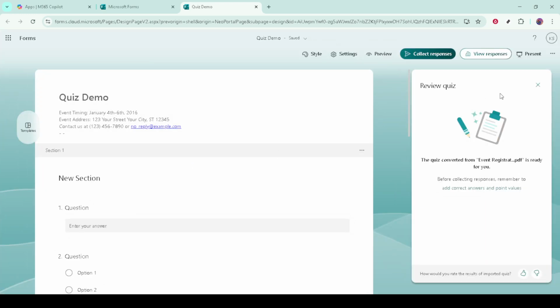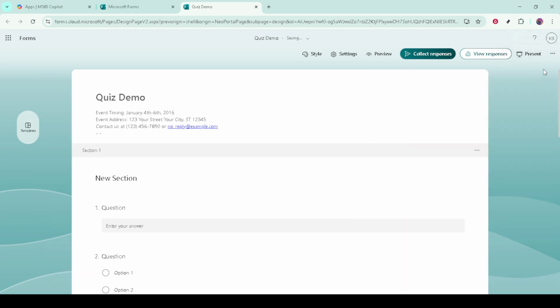Now look to the upper right corner of the form editor for the three dots, the More Form Settings menu. Click that to open additional options. From that menu, choose Get Pre-filled URL. This opens a special preview of your form designed for you to enter the default answers you want your respondents